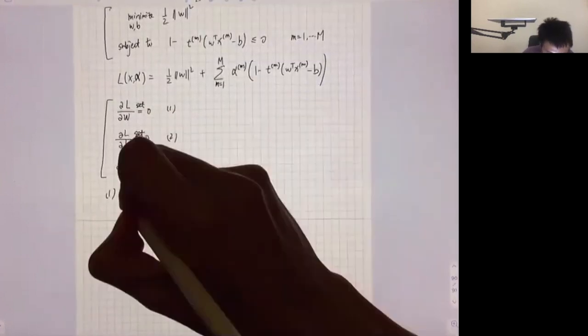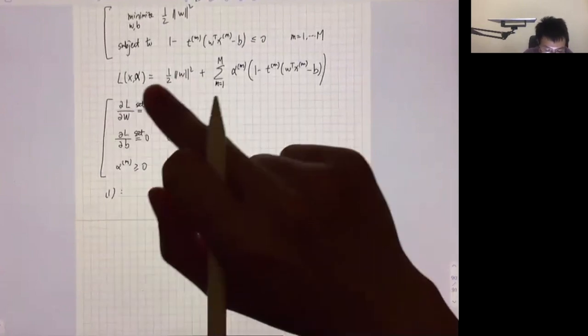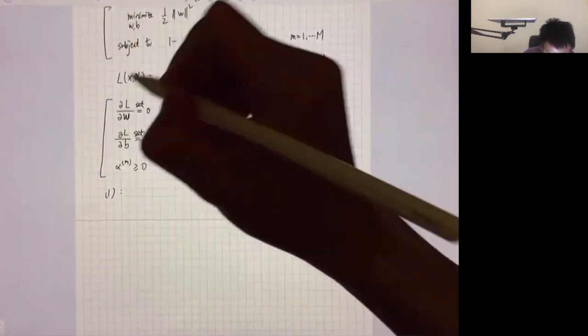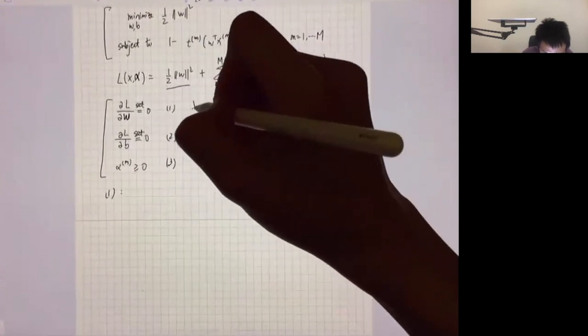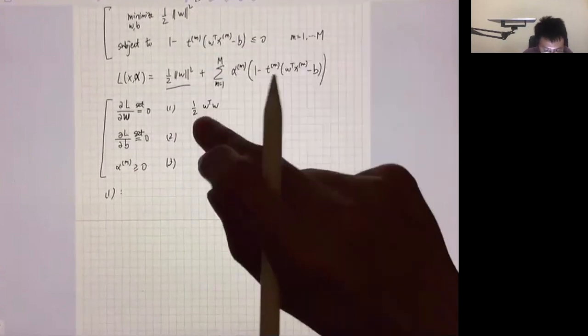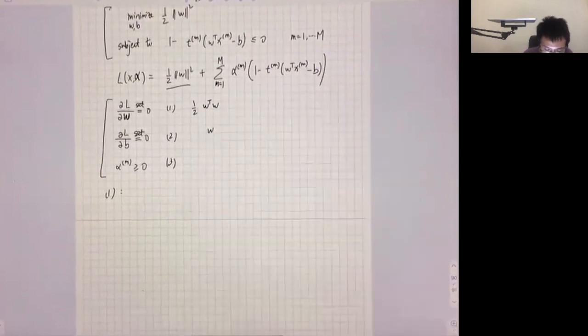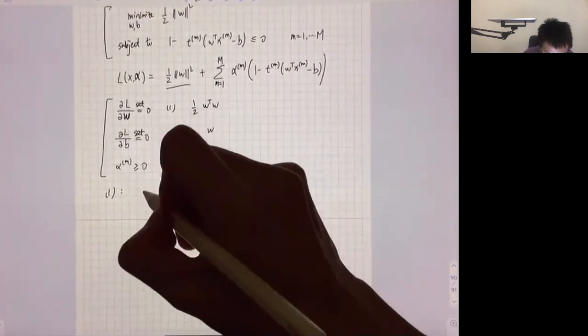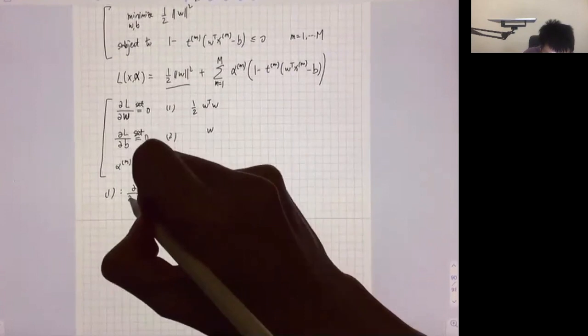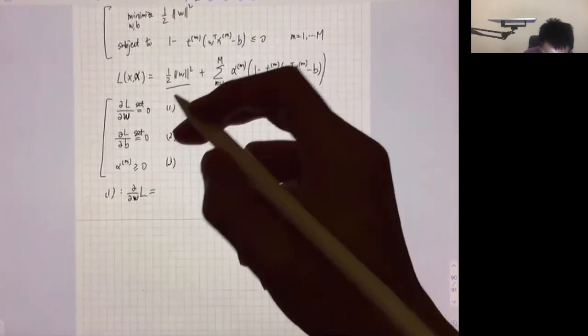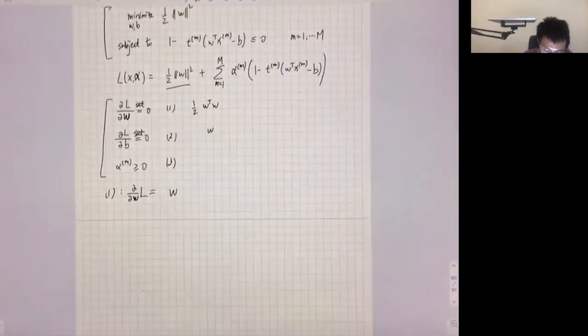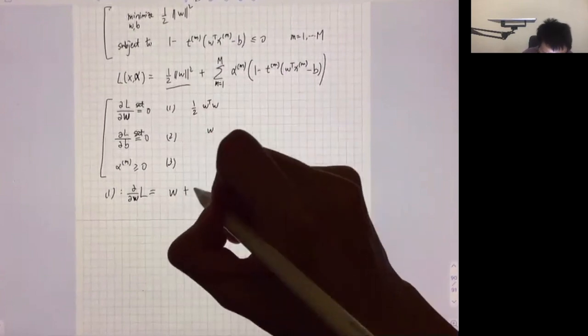This gives me the partial derivative with respect to w as a vector. Here it's the partial derivative of w transpose w. When you take the derivative, it gives you just w, plus